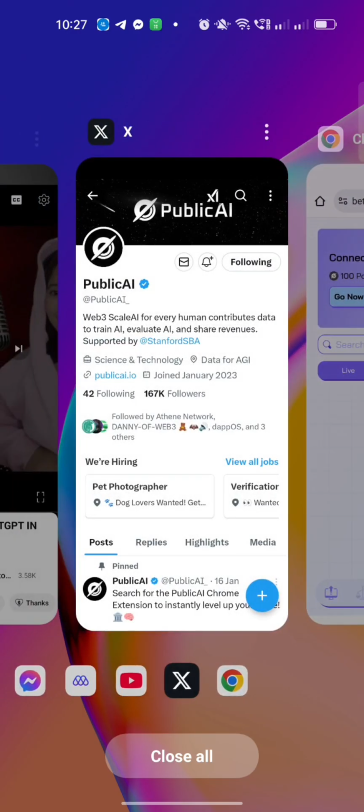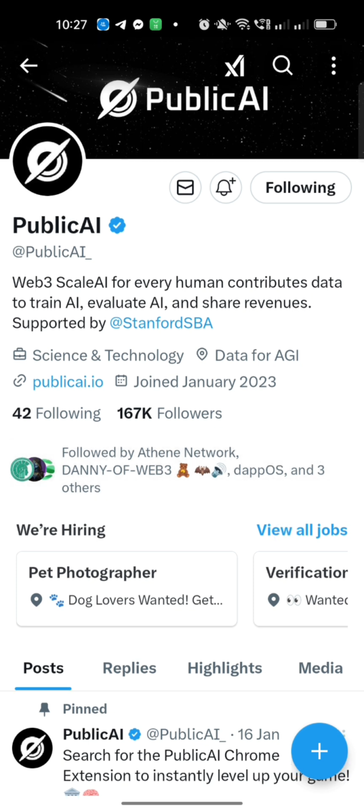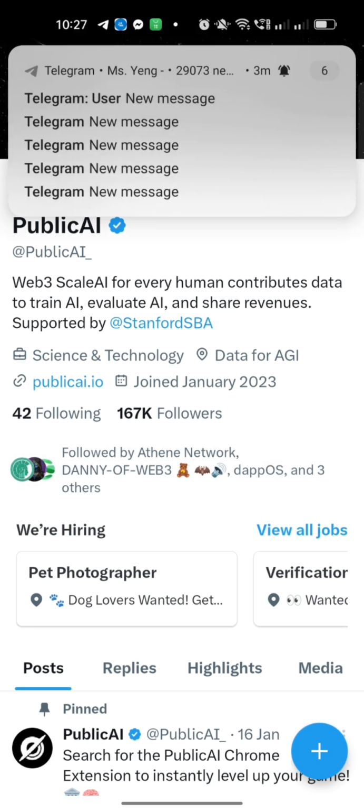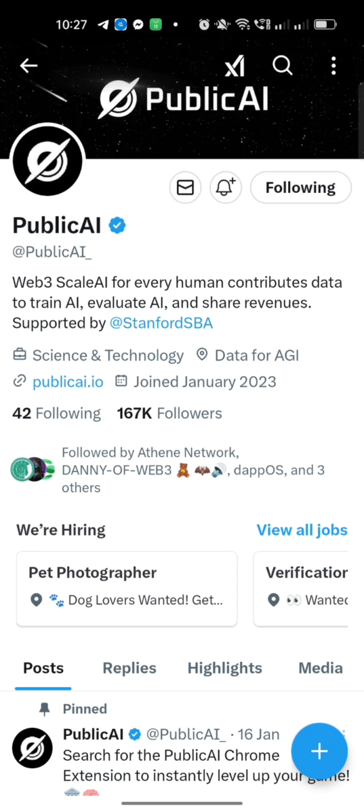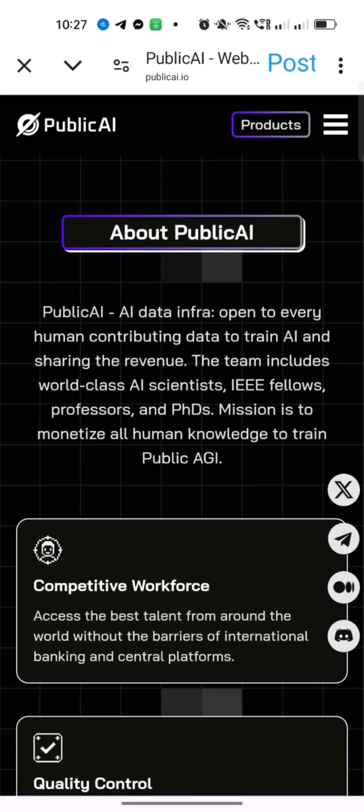So what is Public AI? This is a Web3 scale AI for every human that contributes data to train AI, evaluate AI, and share revenue. They have 167,000 followers on Twitter right now, and they also have a lot of partners in the space.